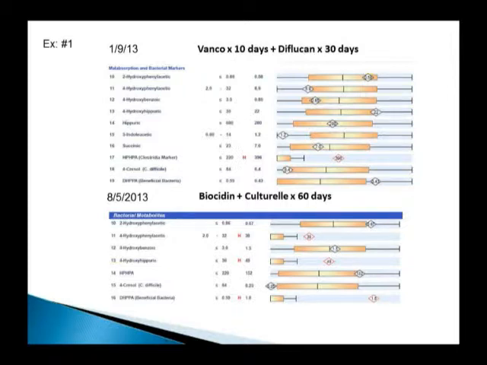And this particular one was dated back in January 2013, where we saw the HPHPA high, 396. I won't go in-depth about the individual here, but this was a kid that has some struggles. So we decided to do a vancomycin at 10 days and do a 30-day of Diflucan just to kind of deal with the yeast, okay?